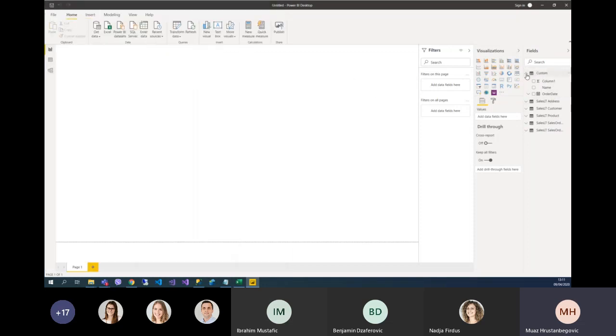As you can see, we have a lot of data now in our model. We imported a couple of tables and everything. If we want to refresh the data,